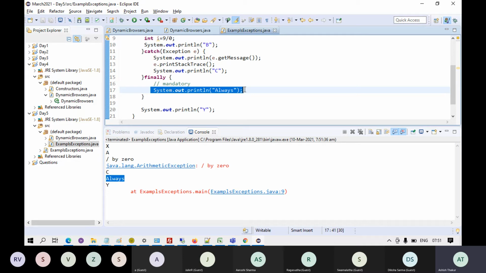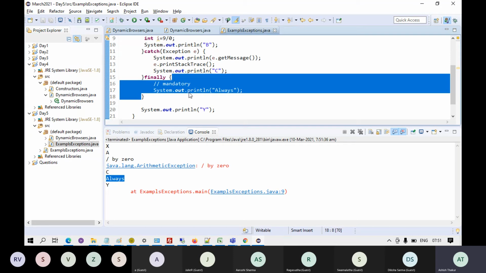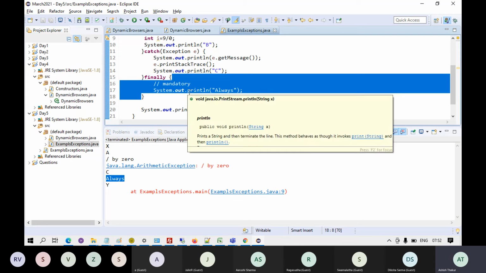Okay, so always is written over here, because it is mandatory to execute the code inside the finally block.